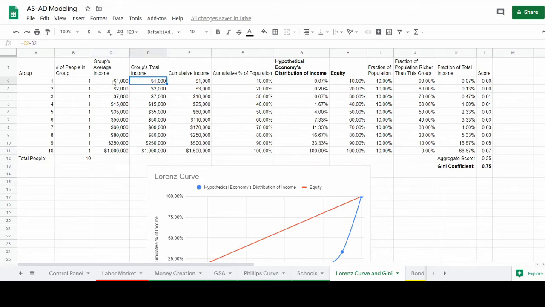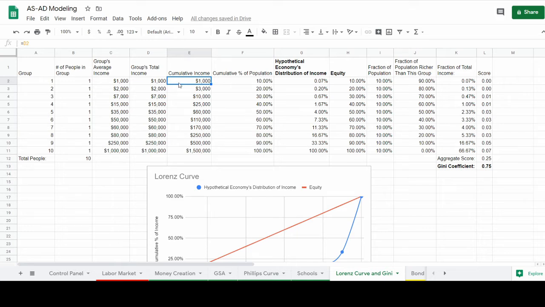You can see that the total income is the same as the average income because the total income is just multiplying the income in average in the group times the amount of people in the group. In this case, that's 1. Once you do that, you'll have an idea of what the cumulative income is as you go from lowest earner